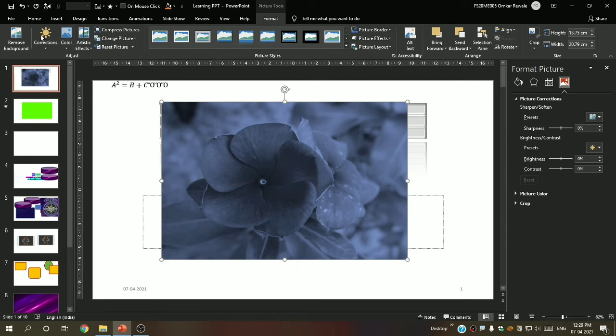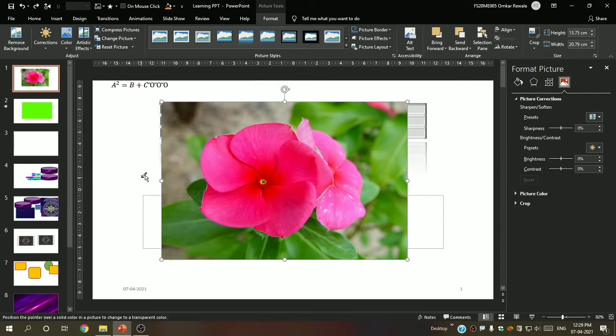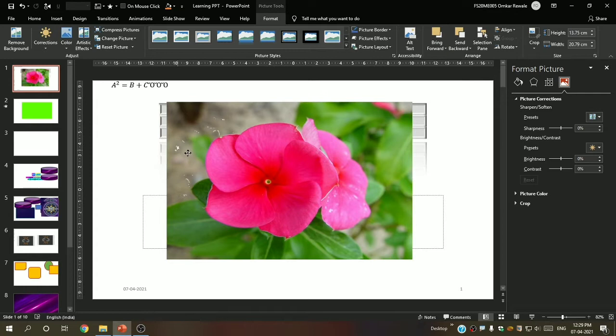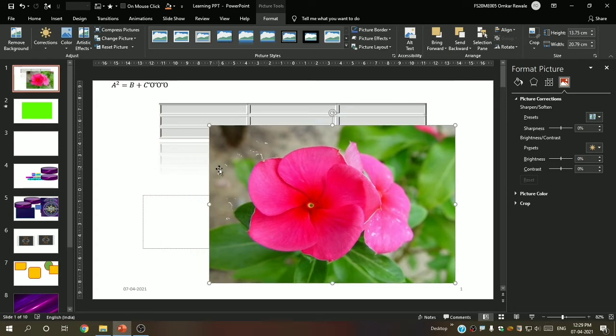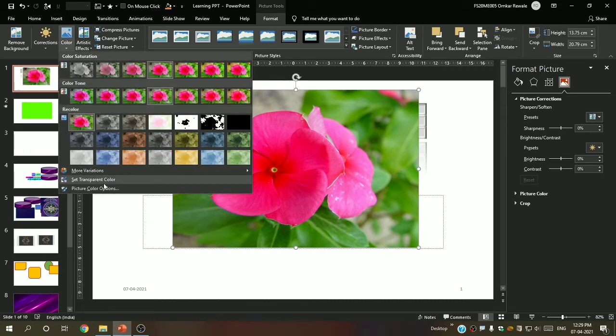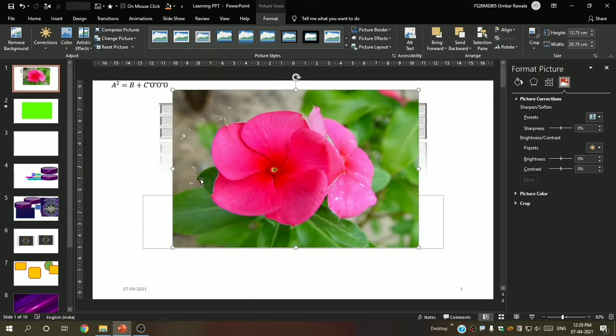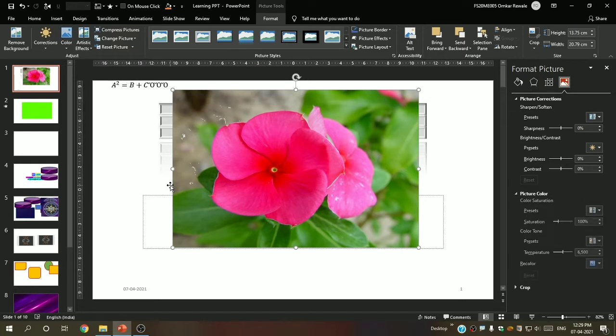You can change it. Let me undo. Then set transparent color. You can see very small options are given. Then picture color option, that is from here.